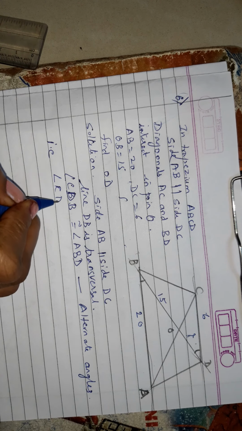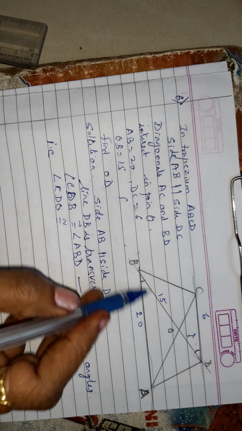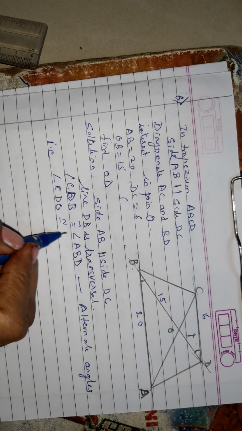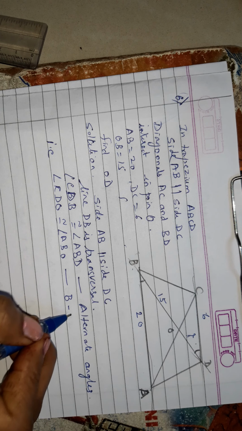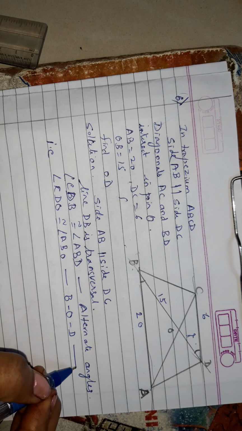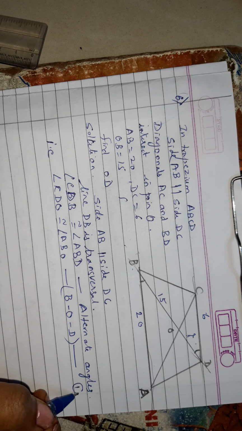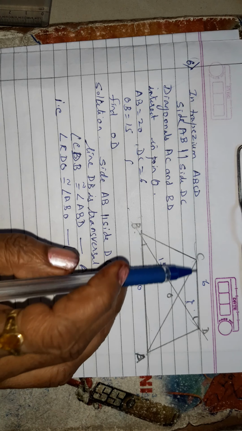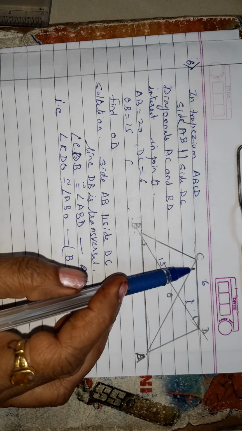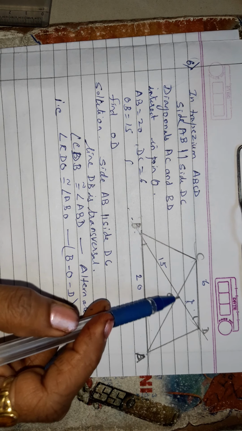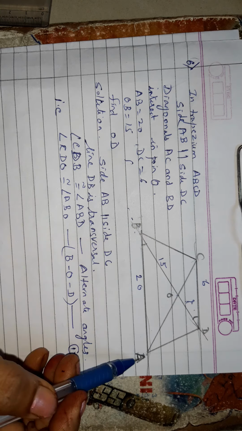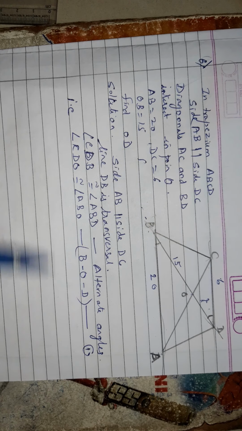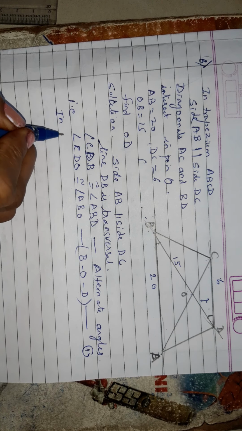Now here CDB, it is equal to CDO. Angle CDO is congruent to angle ABO, and B, O, D are in a straight line. This is equation 1. See, you must have understood. Instead of CDB we have taken CDO because here it is the point of intersection, and instead of ABD we have taken ABO. So let us take now two triangles.